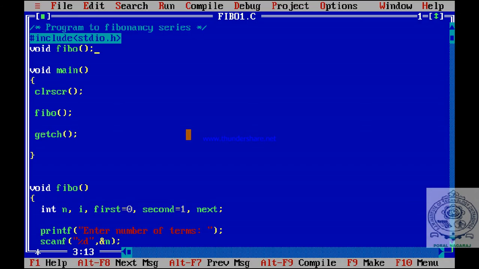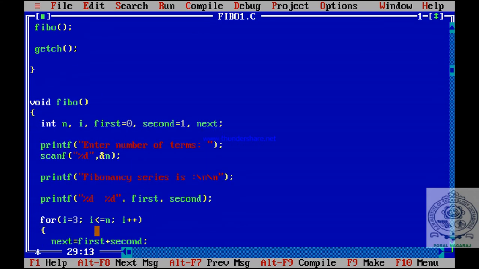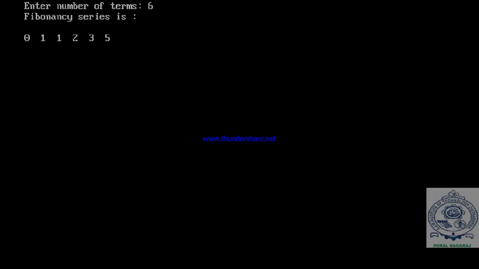I will take 6. Fibonacci series is 0, 1, 1, 2, 3, 5. You can modify your program, Fibonacci series up to n terms. I want to modify my output. Right now it just says Fibonacci series is. I want to display Fibonacci series up to 6 terms is.